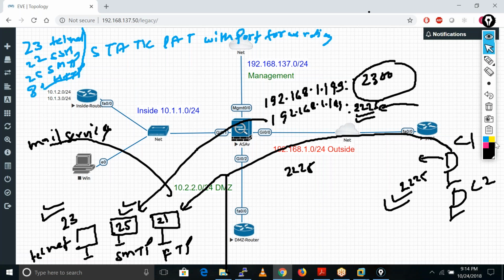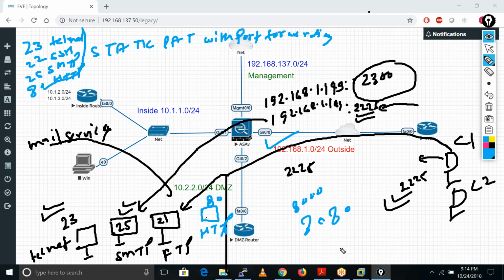Right now, this is the HTTP port. We have an HTTP server running on port number 80. What happens now? Maybe for outsiders, this server is known as port number 8080 or 80000.